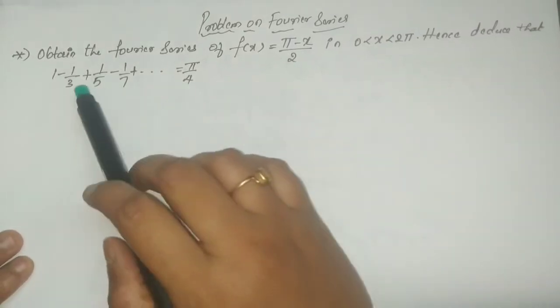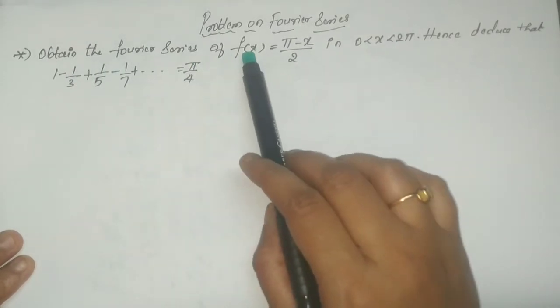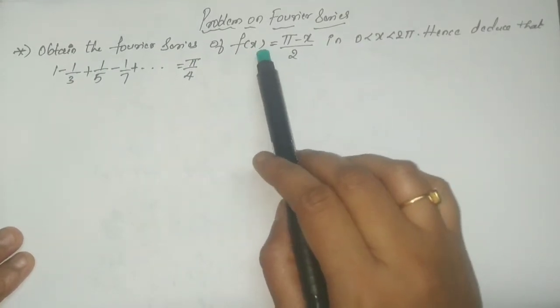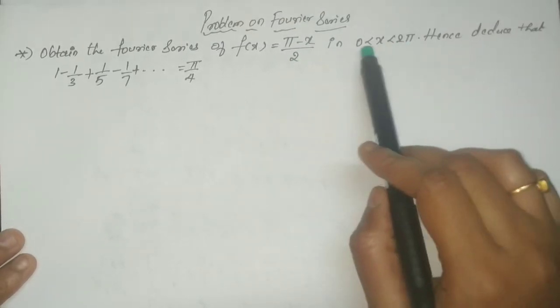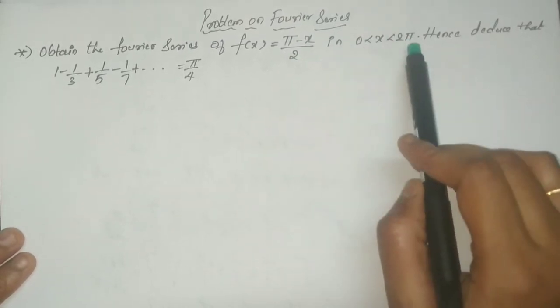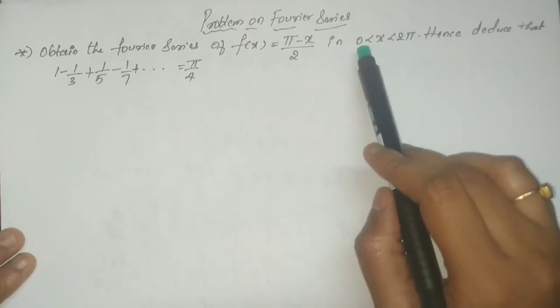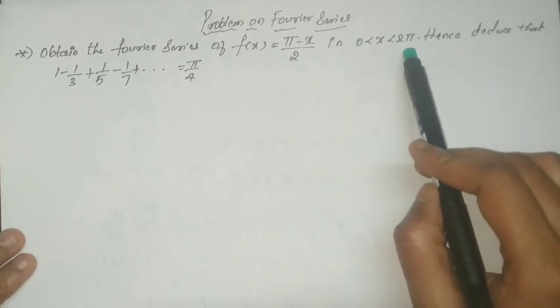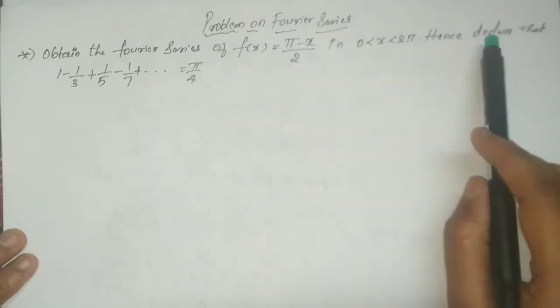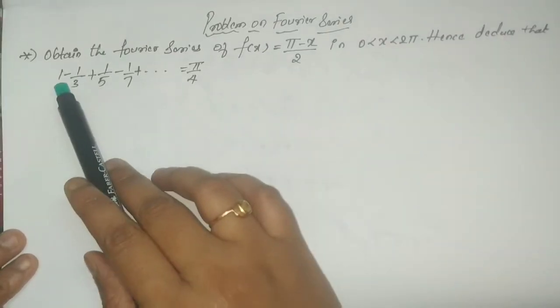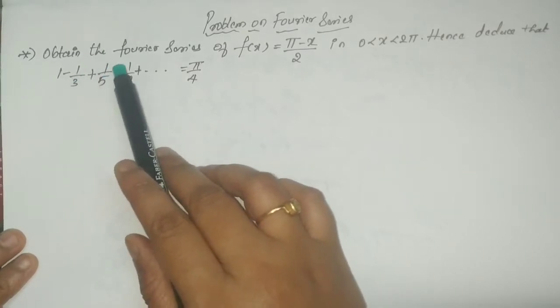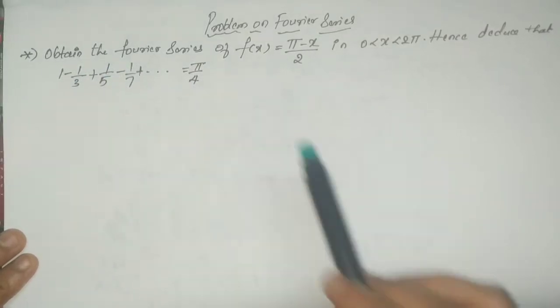So the question here is, obtain the Fourier series of the function f of x is equal to pi minus x by 2 in the interval. You can see the interval is an open interval from 0 to 2 pi. Once you have found the Fourier series, you need to find its deduction. That is 1 minus 1 by 3 plus 1 by 5 minus 1 by 7 and so on is equal